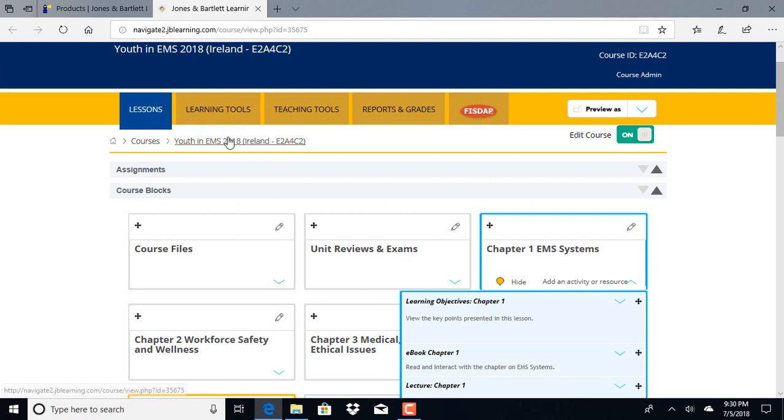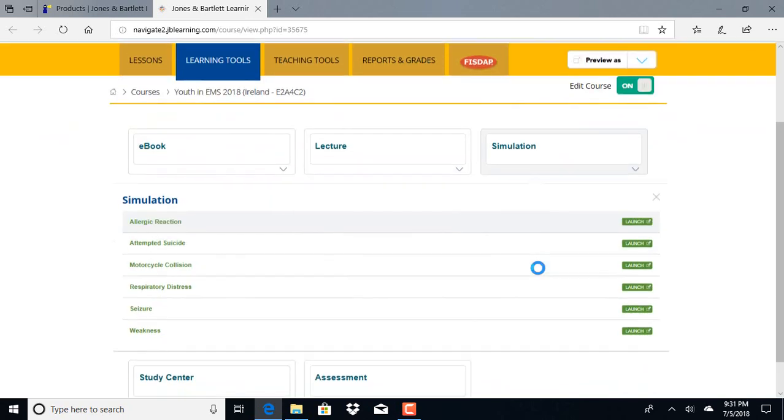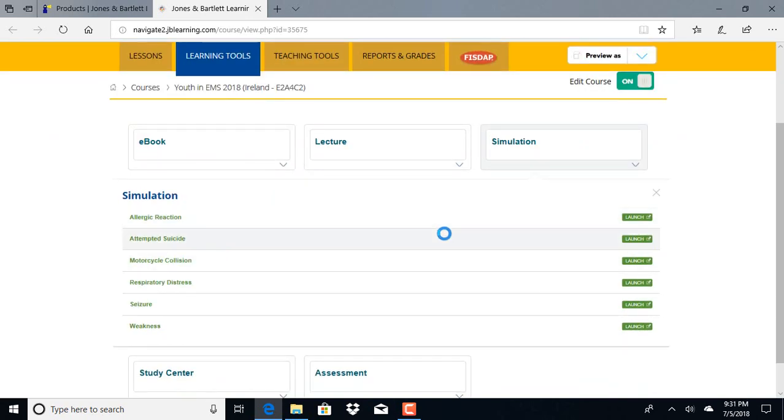Again, I have a few more things along the top here just because I'm an instructor. But I will say that the one thing you want to check out is these Learning Tools tab. You should have that on your screen. And if you click that, there is some redundancy built in where they have their tests and lectures and ebook stuff. They have simulations. If you click on that, these are video cases where they follow EMTs or paramedics through